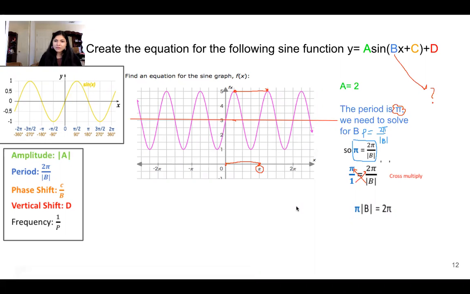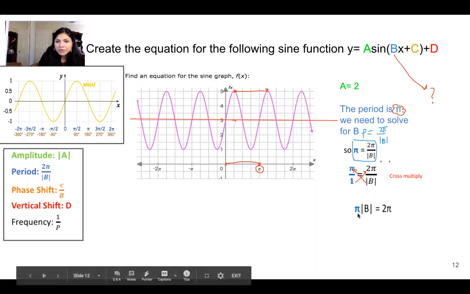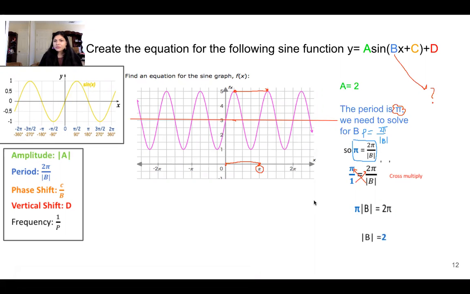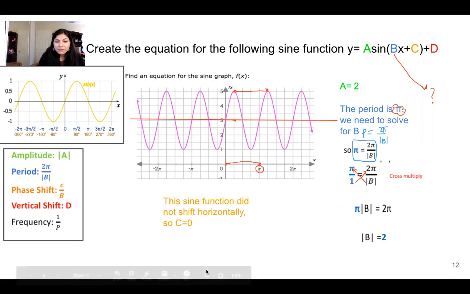I get pi times the absolute value of B equals 2 pi. Now to solve for B, I need to divide both sides by pi, because that's pi times the absolute value of B. Opposite of multiplication is division. So I'm going to divide both sides by pi. And I get that the absolute value of B is equal to 2. So because our answer could be negative or positive 2, I'm just going to say my B is the positive version. Both will work. So B is just going to be equal to positive 2. And this answer already popped up right here. But next,